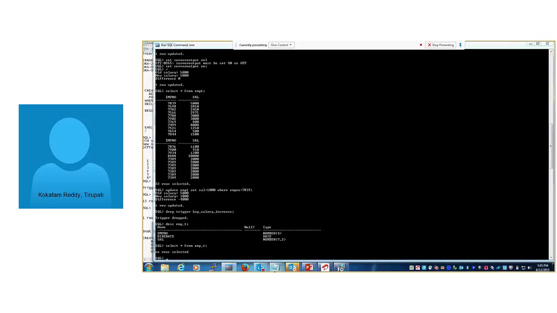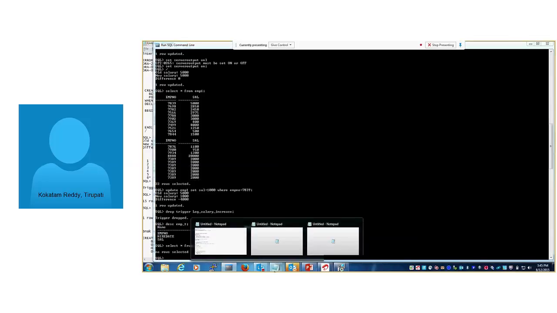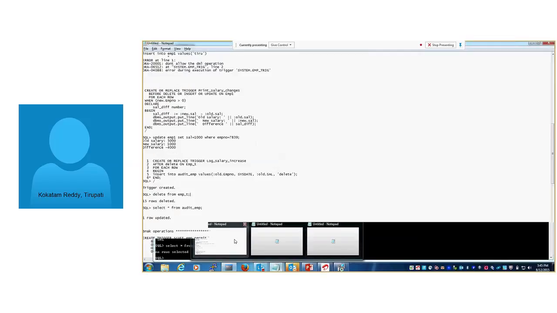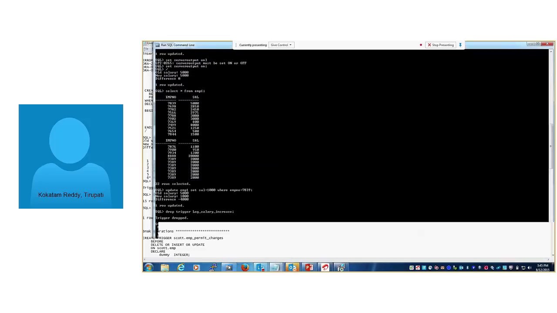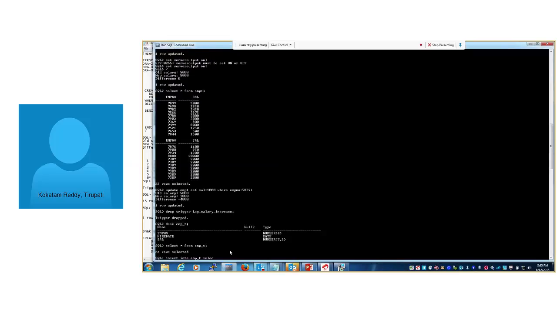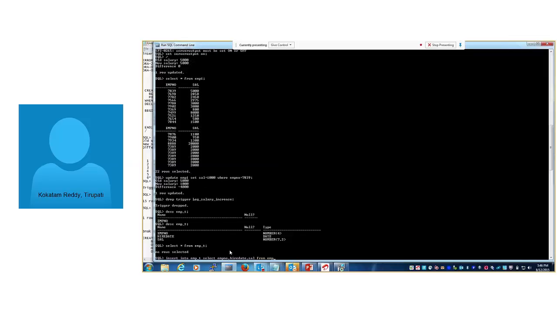We need a few records on EMP_T table. We took records from EMP table into this table. Right now EMP_T table has records.